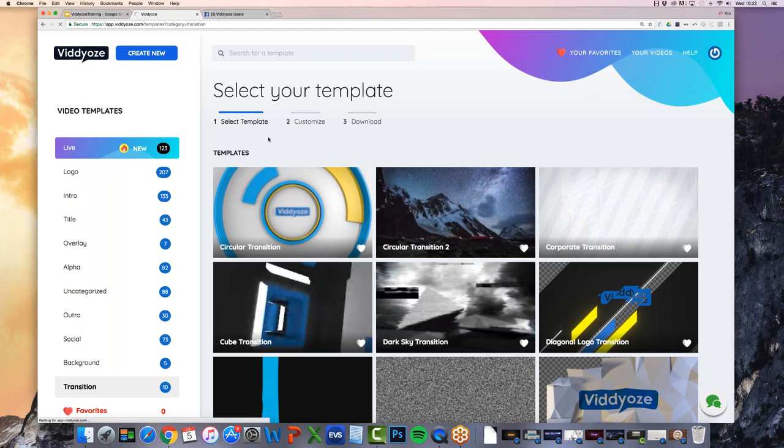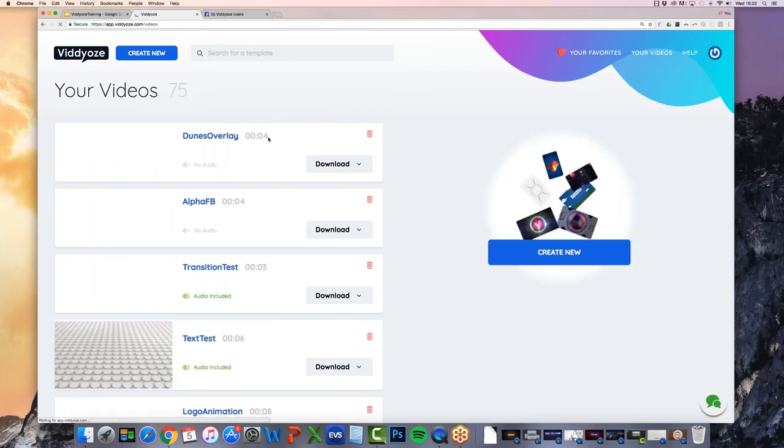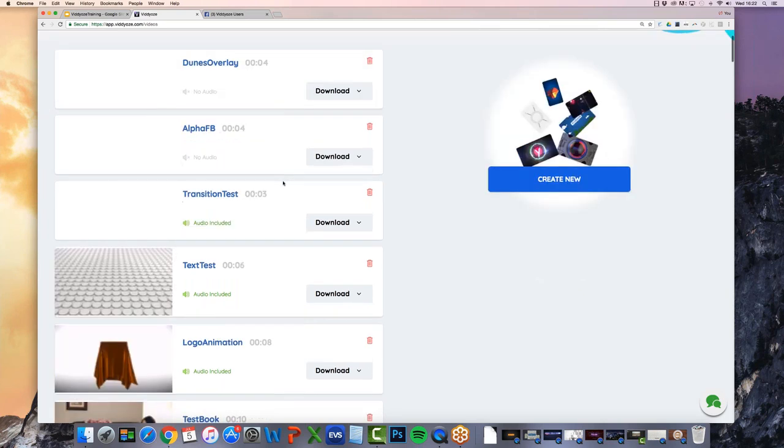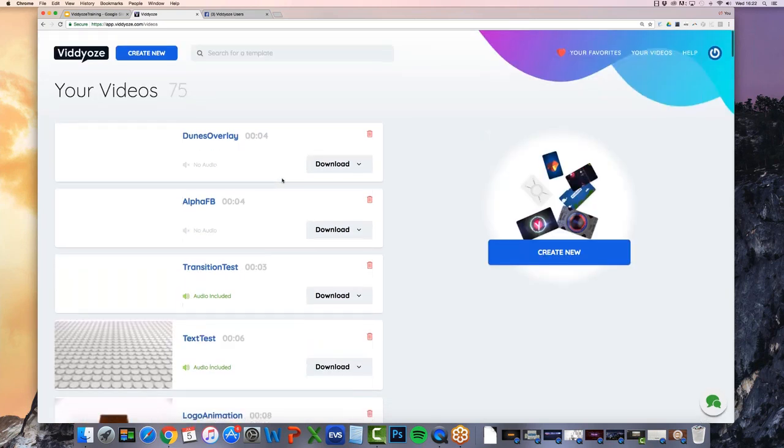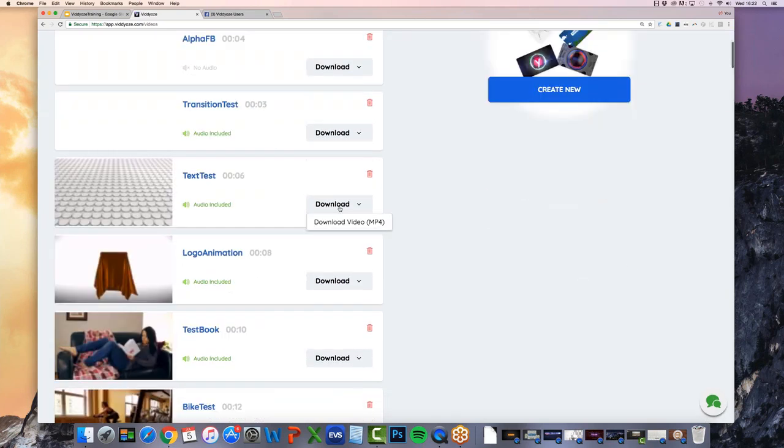Now, depending on the different animations you create, whether you create live action, whether you create logo animations, whatever it may be, you may get two different types of downloadable files. And I just wanted to cover that here quickly. Now, the types of downloadable files you might get is pretty much everything is going to be an MP4. So when you hover over the download button, you're going to see MP4. So that's going to be able to be used anyway.